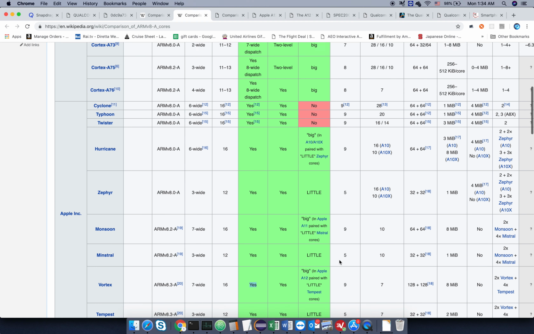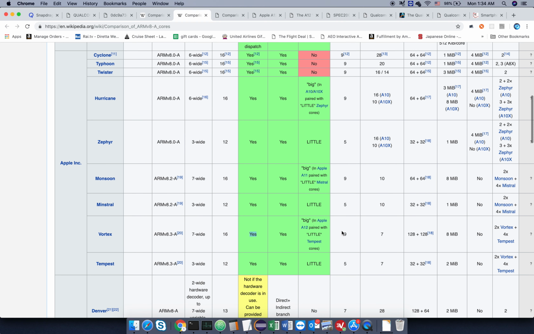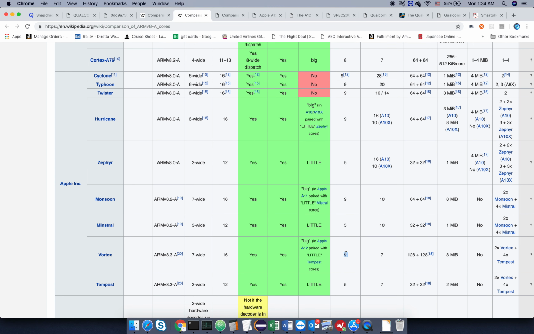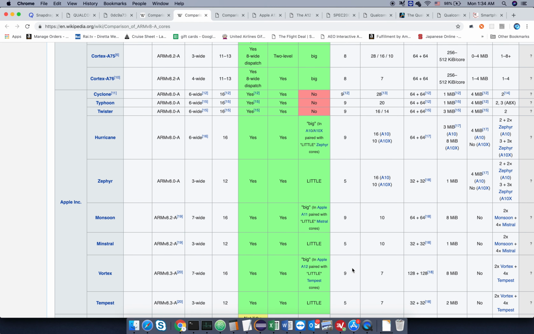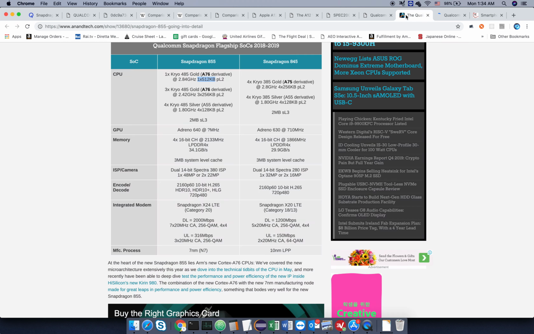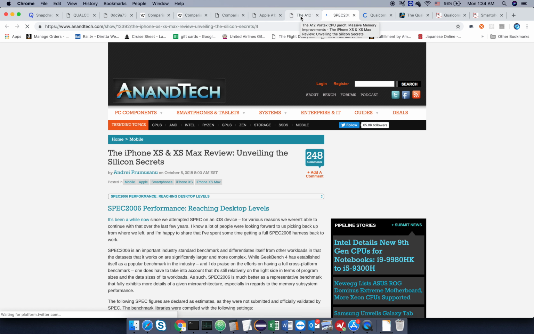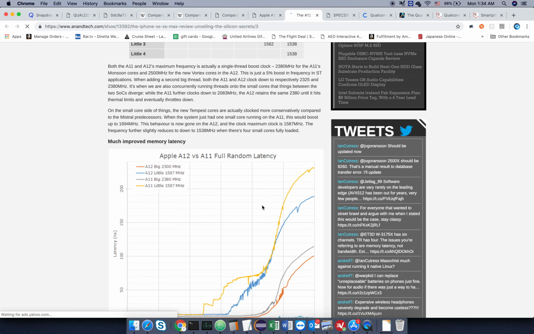And then you can see here the execution ports. This thing can execute 9 instructions in one go potentially, which is quite crazy. I think there was a thing I was looking at that surprised me a lot. Was it this? Oh yes, I think it's here.